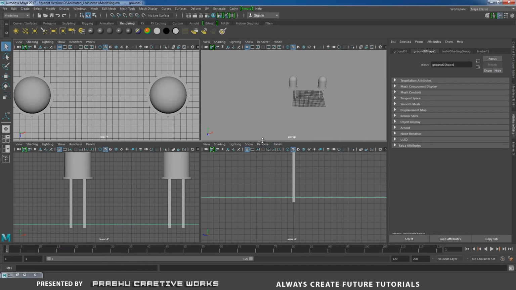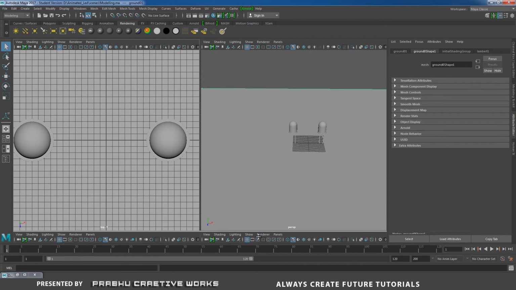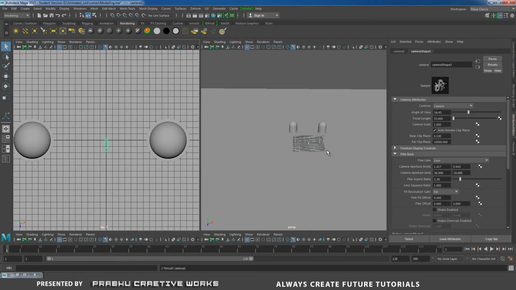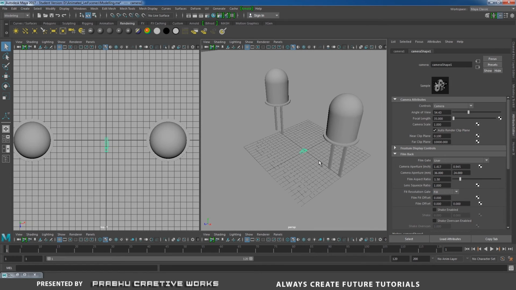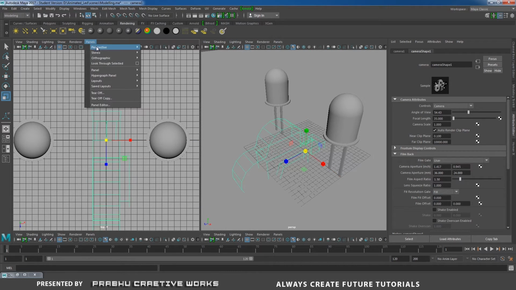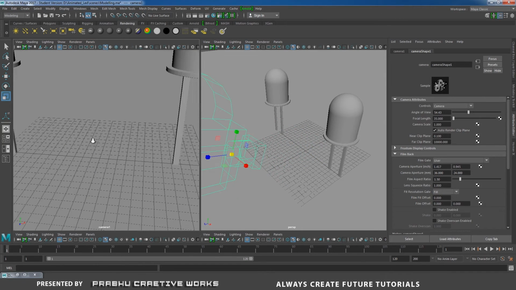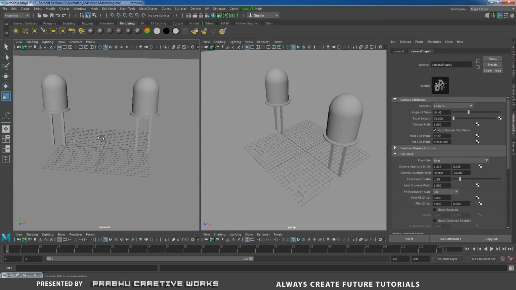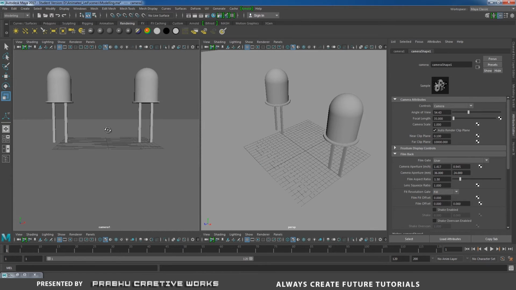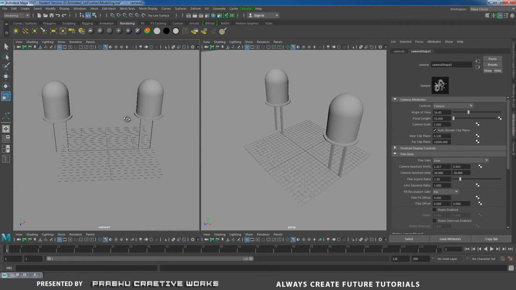So I will click and drag this panel. So that means you get only 2 viewports. Now go to rendering and click on create cam. So it will automatically be created in the center of the grid. Press R and scale big. Go to panels, perspective and choose camera 1. I need to set my camera view like this. So don't angle like this. You need to hide this edge of the plane like this.